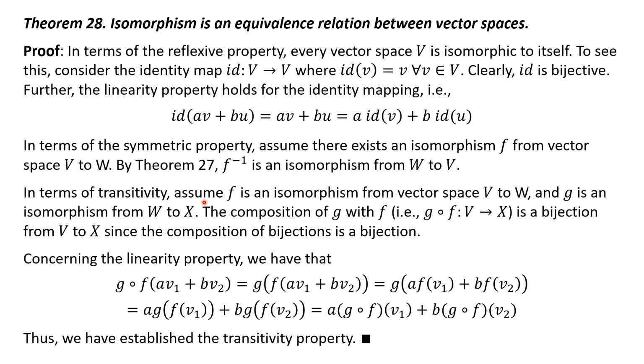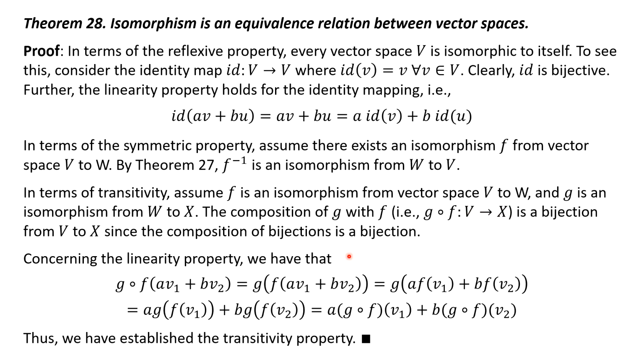In terms of transitivity, assume F is an isomorphism from V to W, and G is an isomorphism from W to X. Then we take the composition of G with F, in other words, G of F. That'll go from V to X. And we have a couple of things to prove here, but one we already have from function theory. The composition of bijections is again a bijection. So we know that G of F is a bijection from